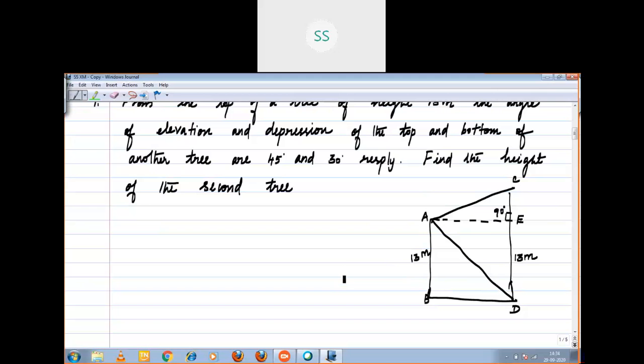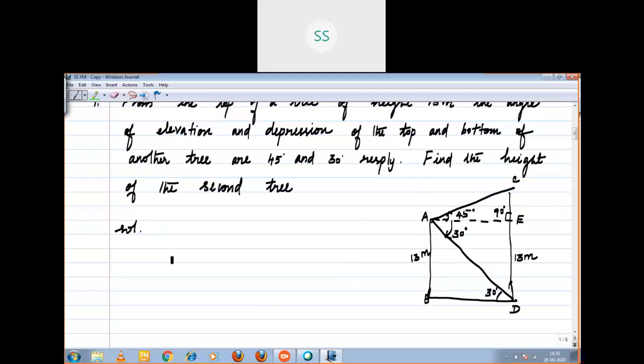Then one thing they given, the top and bottom. Here it makes an angle 45 degree. This angle they represented as 30 degree. See, AE and BD are parallel. AD acts as a transversal. What I said? AE, BD are parallel. AD acts as a transversal. So alternate interior angles are equal. That's why this angle becomes 30 degree. Got it, children? The word problem you have converted into the diagrammatic representation.